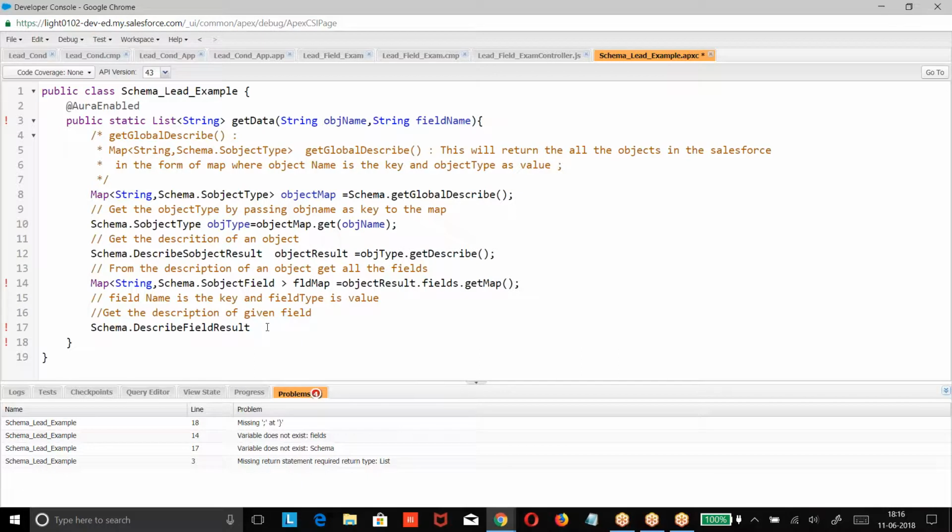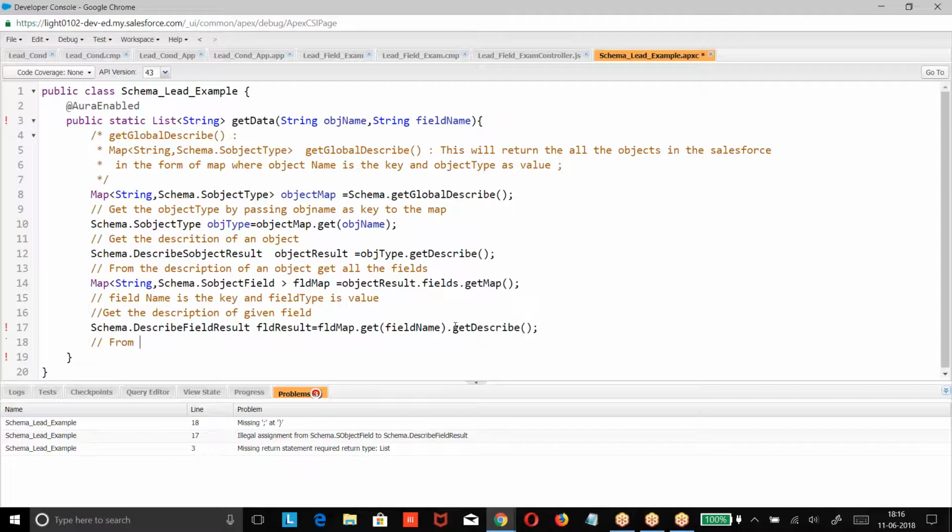Describe field result equal to, what is the name of the map? Field map dot get of. What is the field name we gave? Whatever the field name we gave, in the field map, if I give that field name, we get the field type. Field type dot get. We are getting the description.